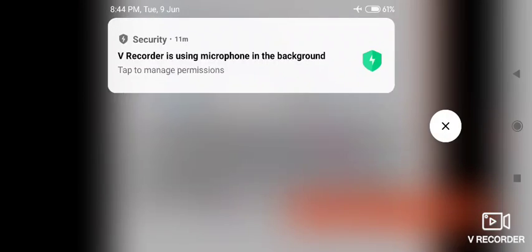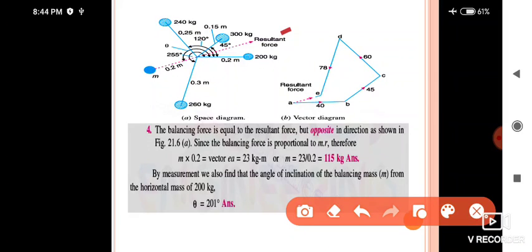During that you are going to understand and draw the vector diagram clearly. After drawing, you have to measure this distance and convert it using the scale. Here it is clearly converted, and finally the answer is that